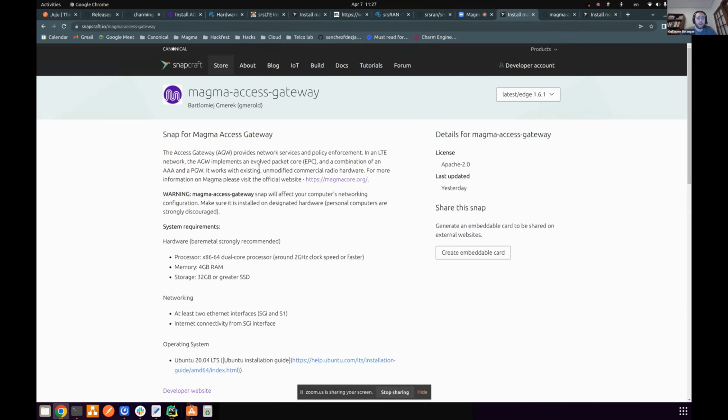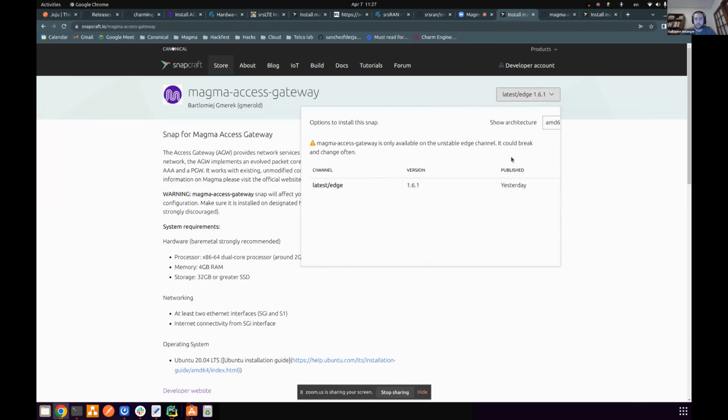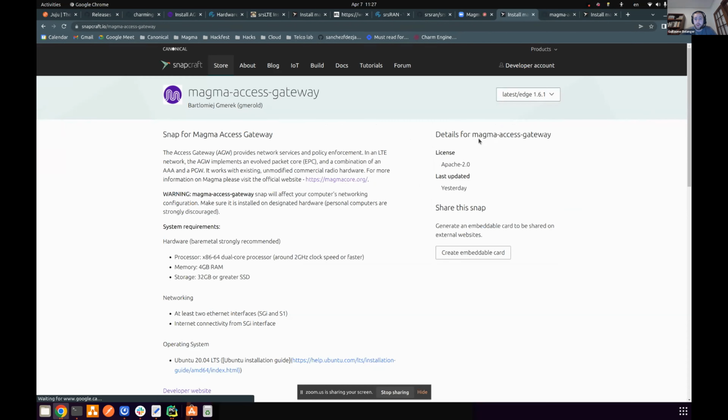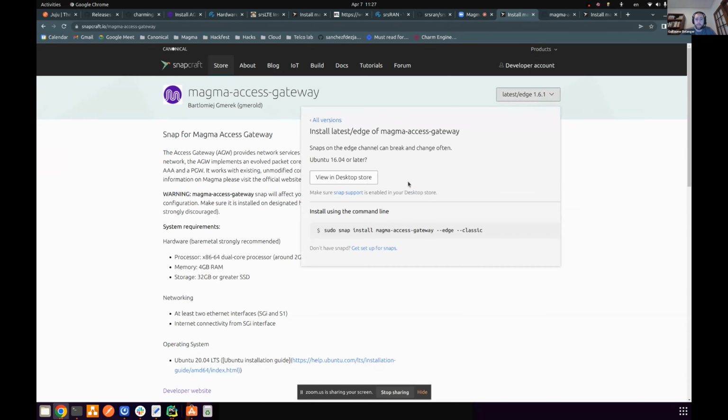You can look it up on snapcraft.io, and to install it, you click here, and that's the page you're going to see. You just click on install, and here you do a snap install for the Access Gateway edge.